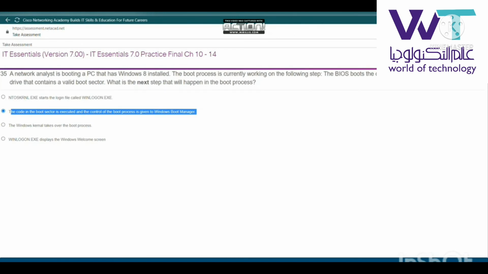A network analyst is booting a PC that has Windows 8 installed. The boot process is currently working on the following steps. The BIOS boots the computer using the first drive that contains a valid boot sector. What is the next step that will happen in the boot process? The code in the boot sector is executed and the control of the boot process is given to Windows Boot Manager. السؤال اللي بعده